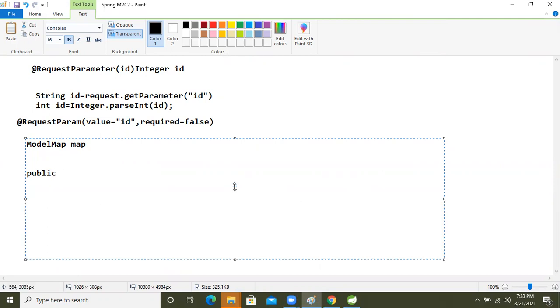If you want to read that, what is that? You just want to show that view name. For that, just take the return type as a string. After that, just return that page, right? Return that view name, you have to pass it as input. That's it. No need to take the model and view object, because that is heavyweight. It will reduce the performance of our application.